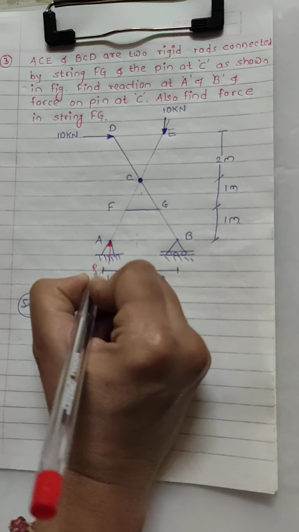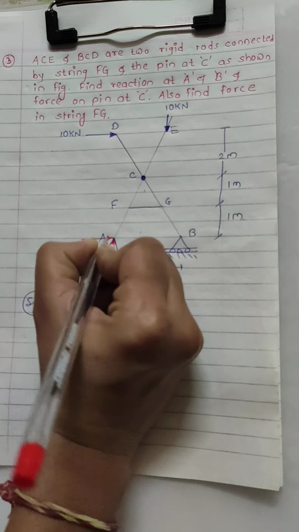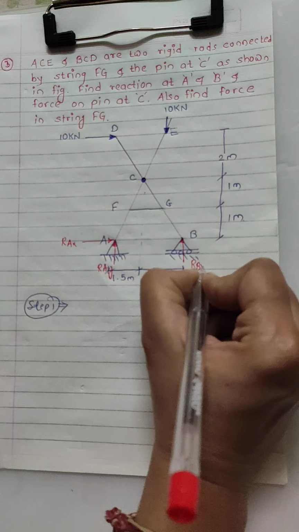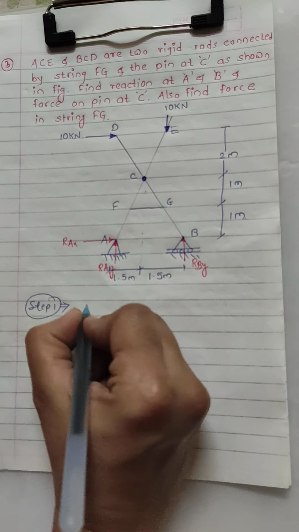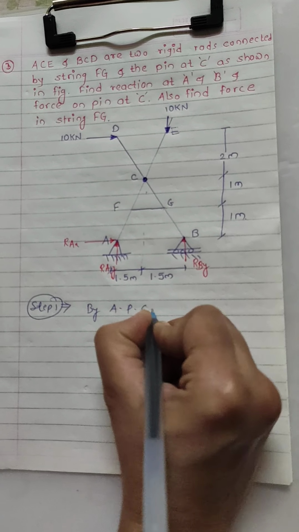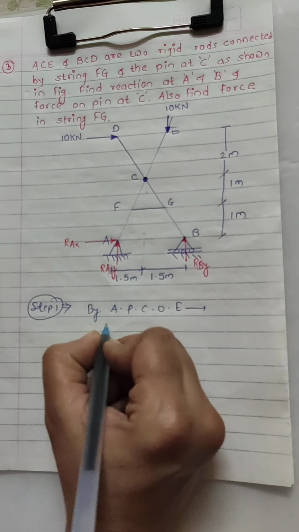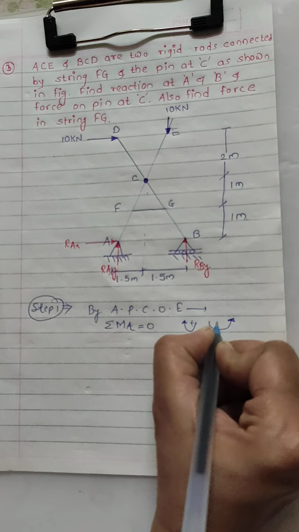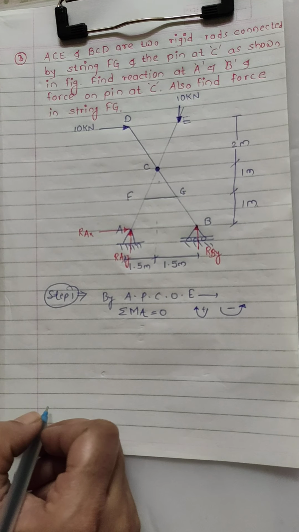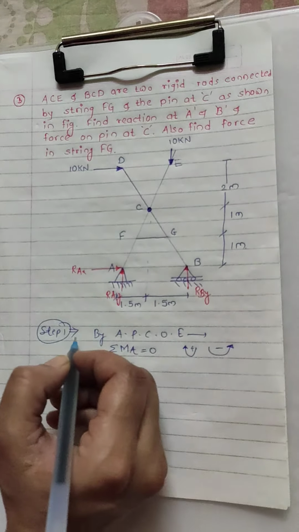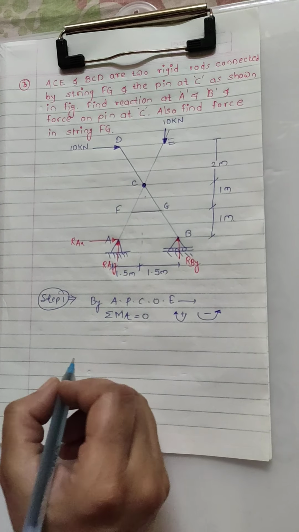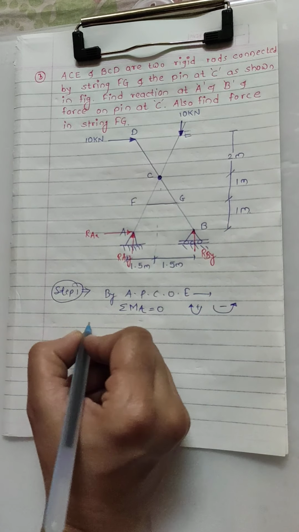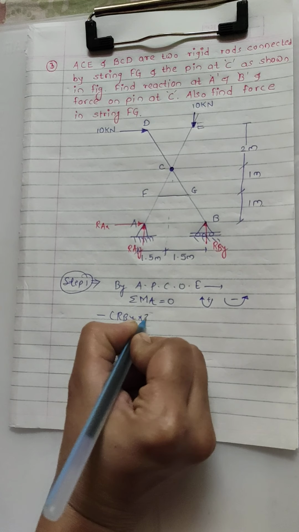So this is a hinge, so there will be two reactions. Again these are my assumed directions, Rx and Ray. On the roller there will be only one reaction, that is perpendicular to the direction of the roller. By applying conditions of equilibrium, I will take moment at A equals 0, clockwise positive, anti-clockwise negative. Remember that in the first step your internal hinge will not come into consideration, only the external supports we have to consider here. So RBY at A is acting anti-clockwise, so RBY into 3.